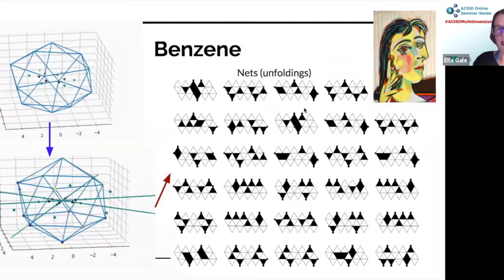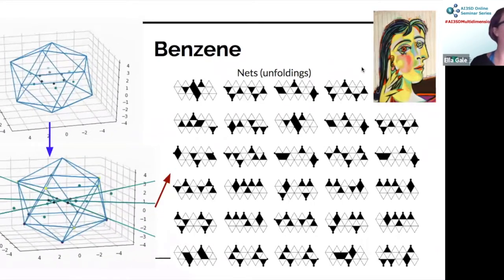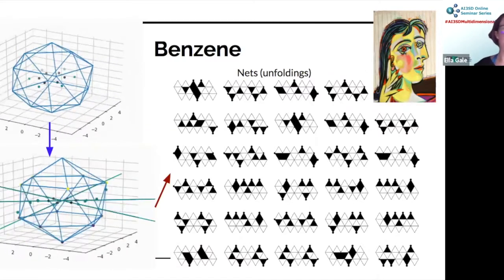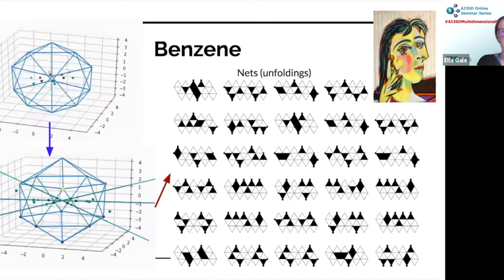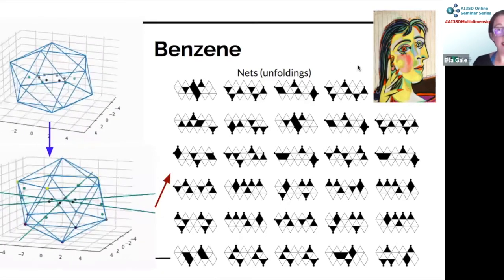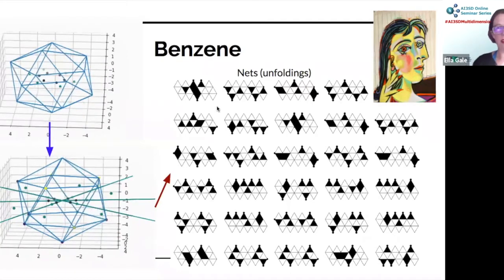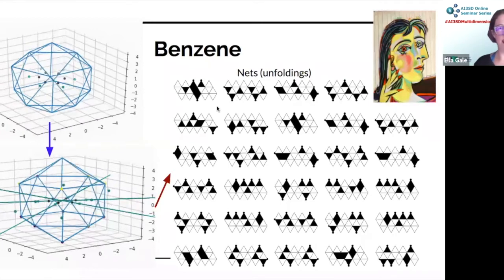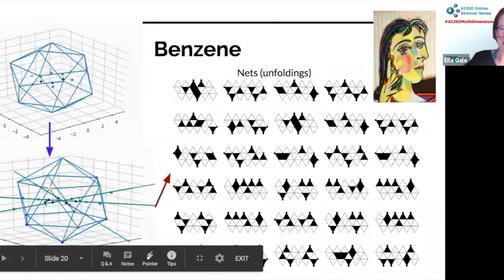Now, to understand what's going on, I've put the picture from Picasso back up. So if you imagine looking at a woman in a chair, you walk all the way around her and take pictures and then unfold it. As Picasso imagined in this painting, that's exactly what we're doing here. So we're walking all the way around the benzene and taking pictures, but the light's in the middle of the benzene, okay?